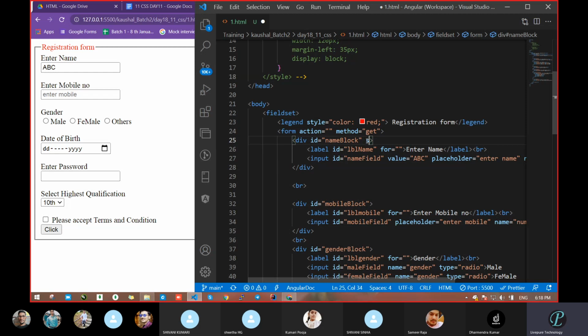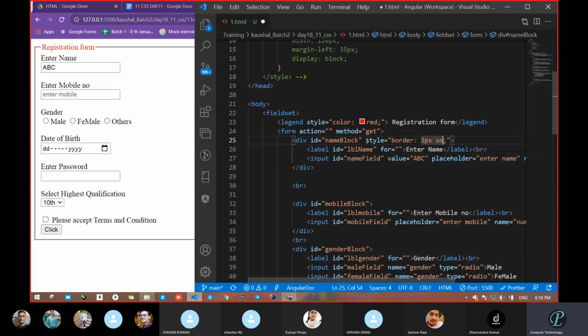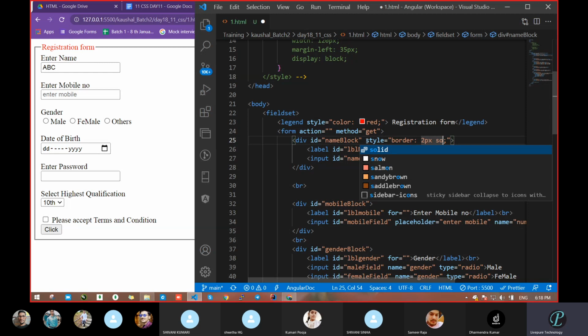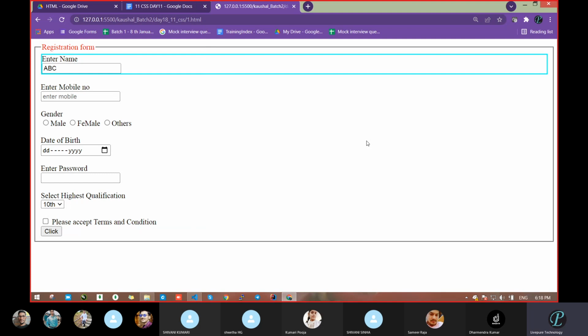I will make one style. Go with border 2 pixel solid, and I will take color cyan. We got this one.